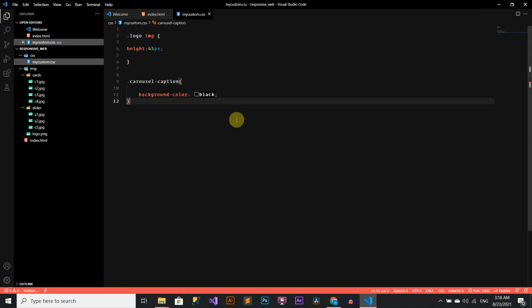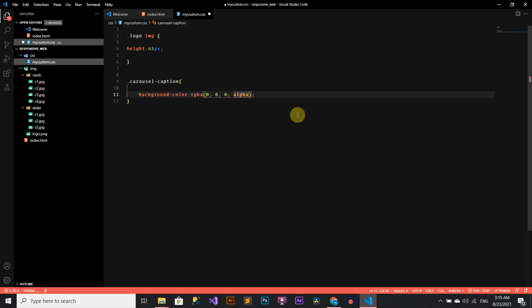This time the flat color will be replaced with RGBA. It means red, green, blue values, and A is alpha, which is transparency. You can set it from 0.1 to 0.9. 0.1 is the most transparent, 0.9 the least transparent.